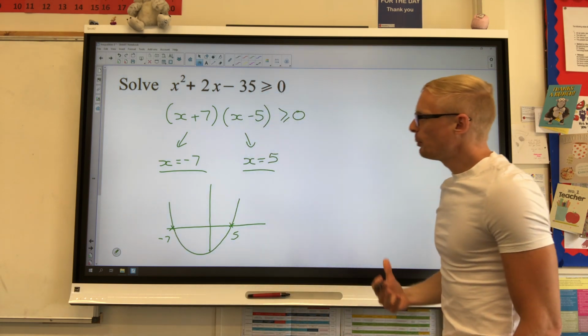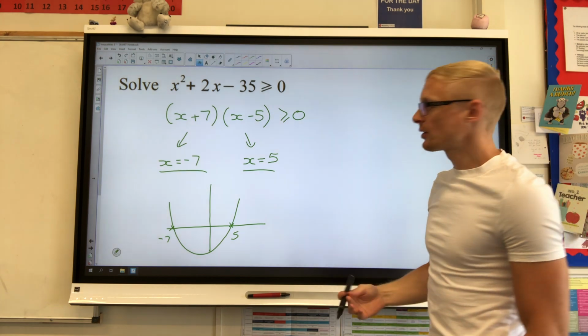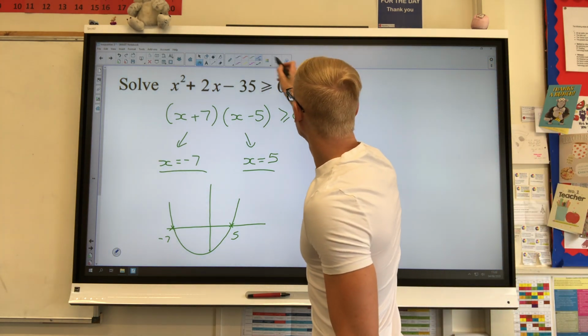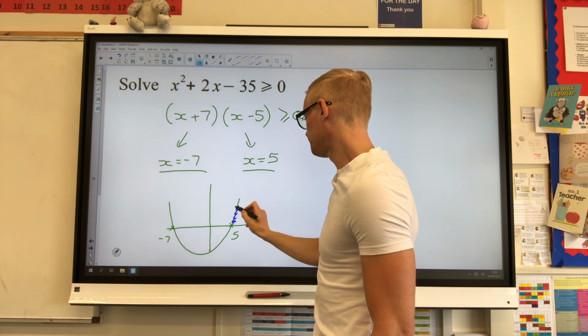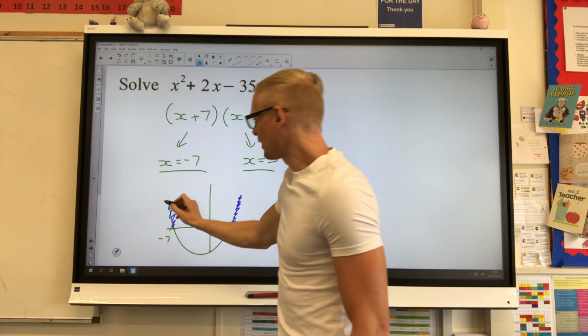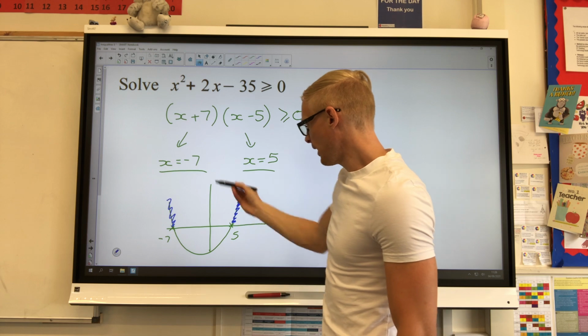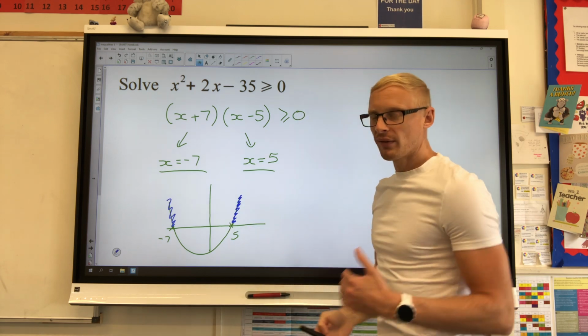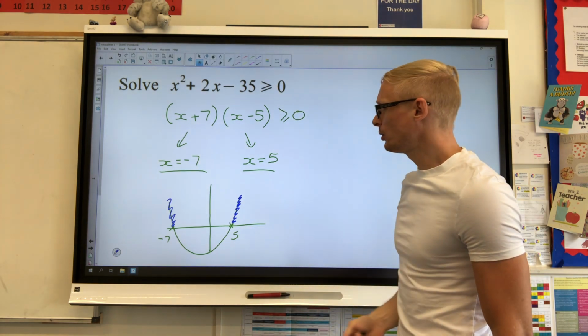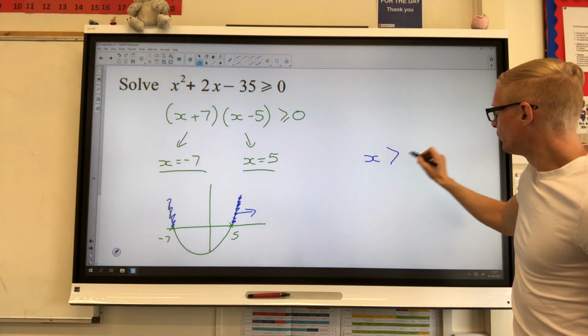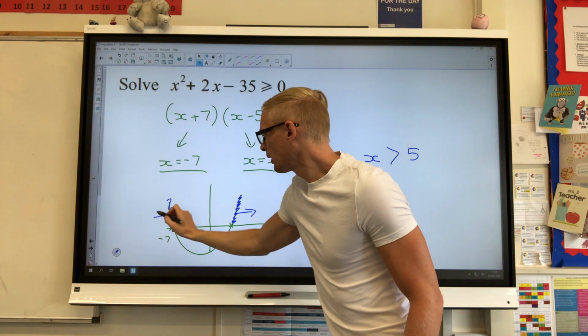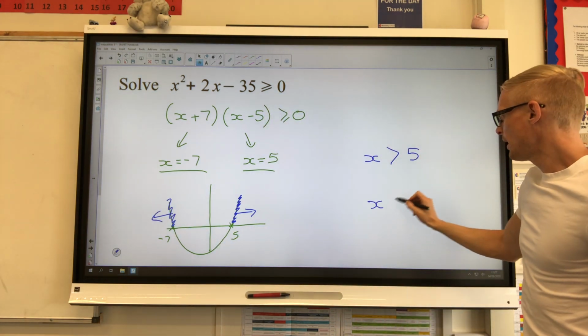And again, we're looking for the bits where it's greater than or equal to this time, but greater than 0. So we're thinking above the line and above the line. And when I say the line, I mean the x-axis. So above the x-axis there, that's where we know that the y values are going to be positive. They're going to be greater than 0. So this way, I'm looking at x is greater than 5. This way, I'm looking at x is less than negative